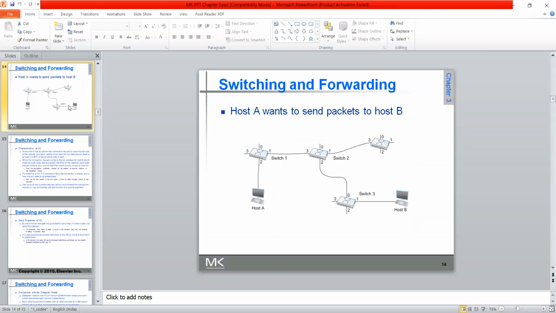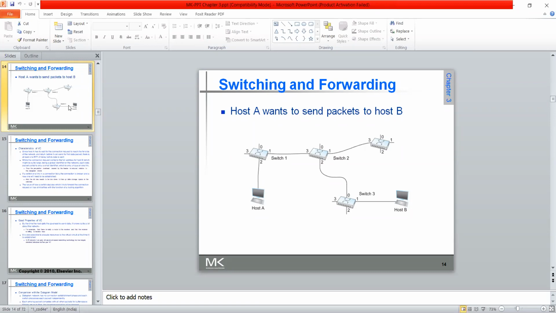For connection establishment, each switch will change its state, meaning each switch will create its own VC table, that is a virtual circuit table, with a unique number. In that, according to the path, the input port and output port numbers will be entered. In the last class we discussed that if host A wants to communicate with host B, first it will request its switch, stating that I want to send a packet to so and so address.